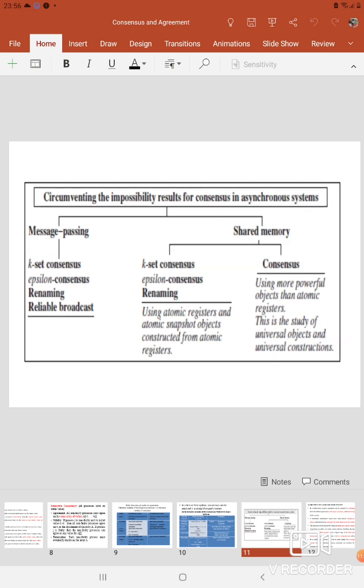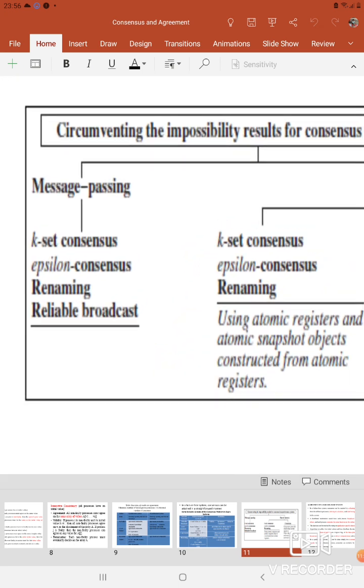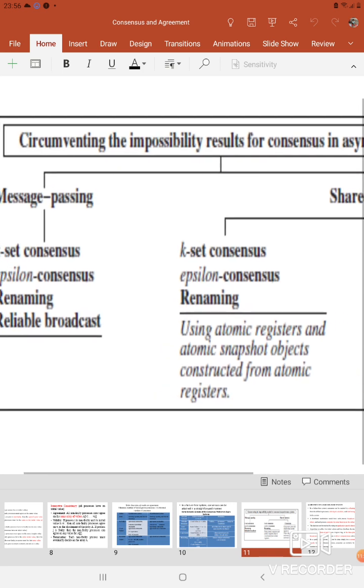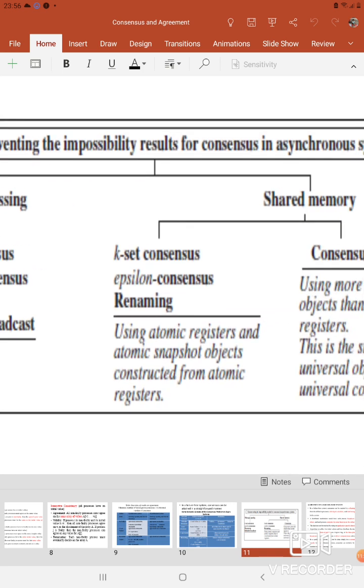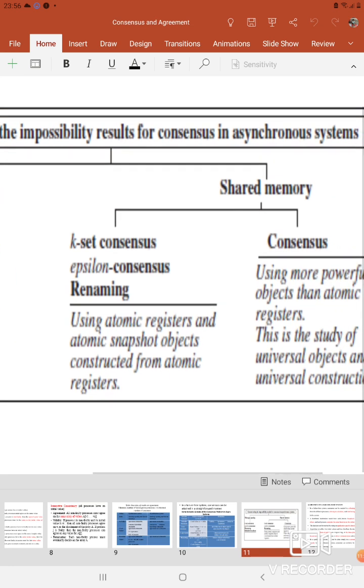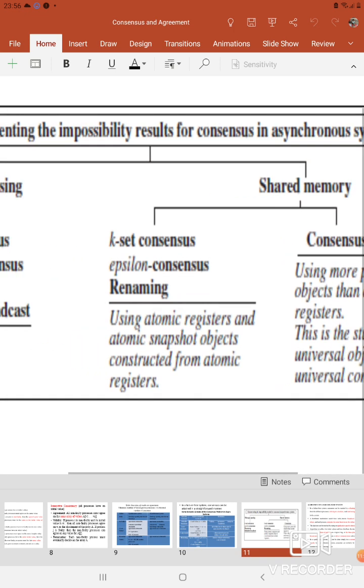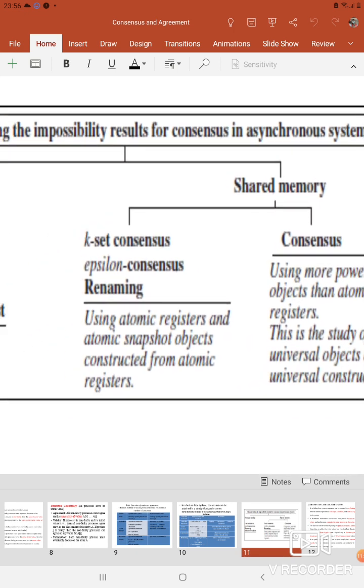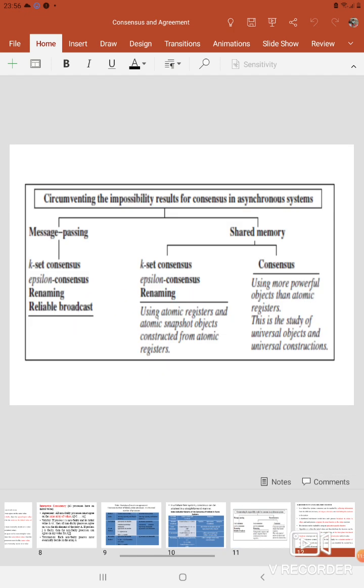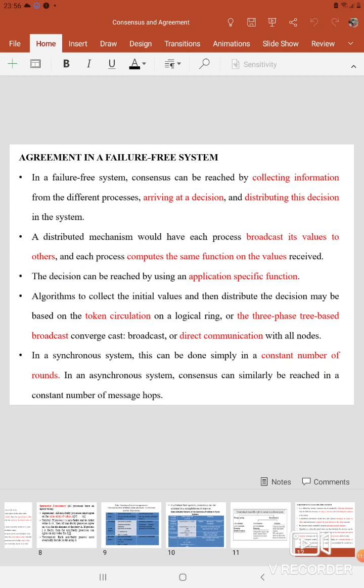Under message passing, we have k-set consensus, epsilon consensus, renaming and reliable broadcast. For shared memory, again we have k-set consensus, epsilon consensus and renaming, and also consensus. Okay, so that's about